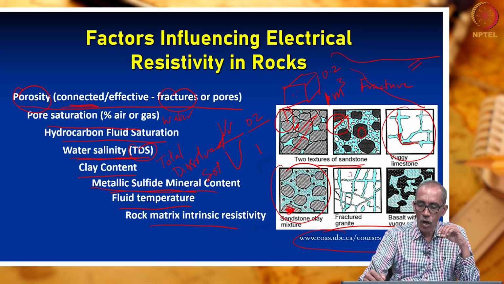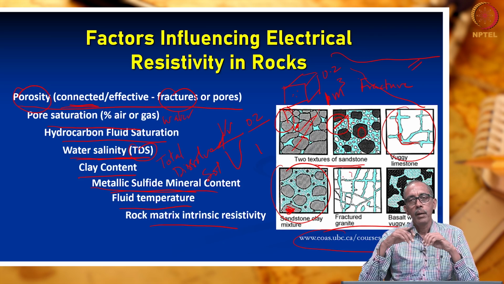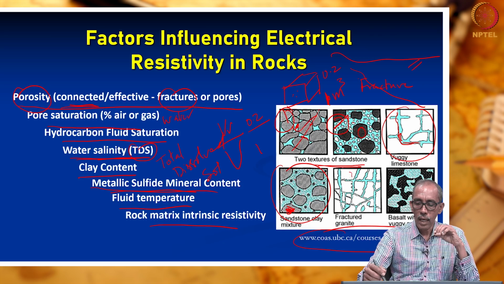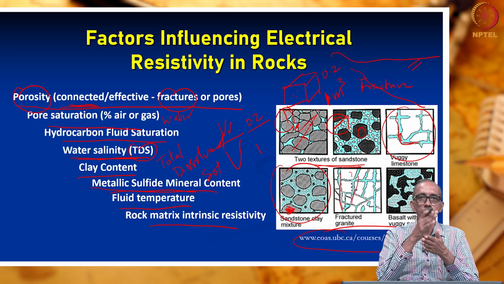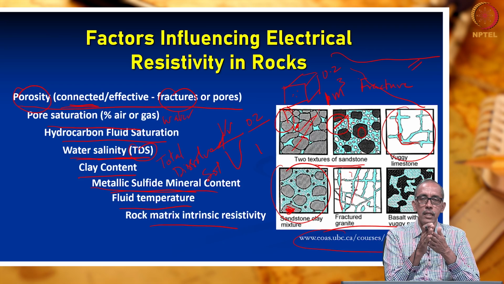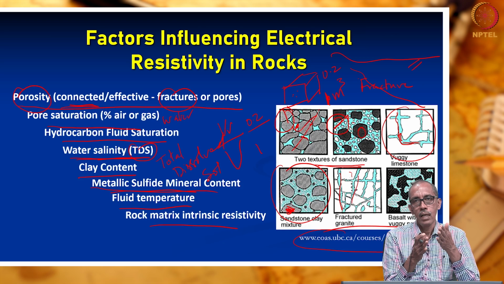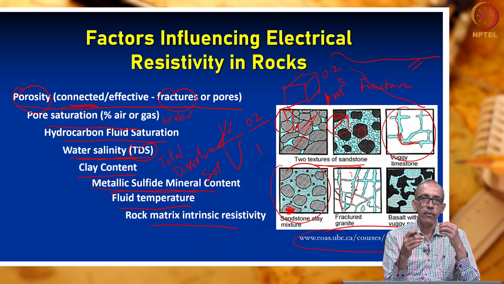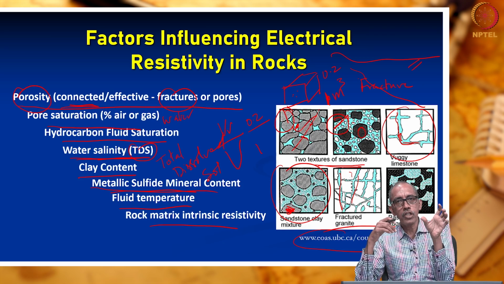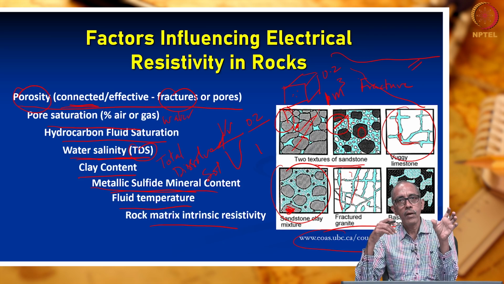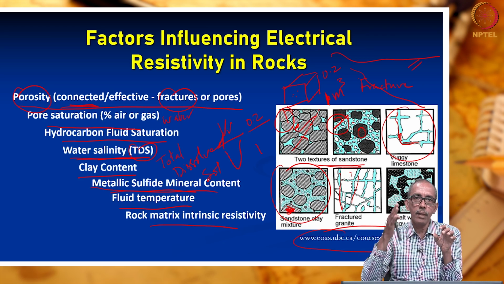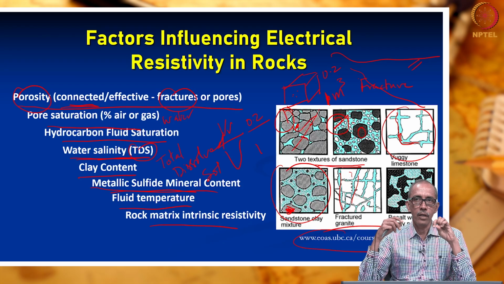The next one is a granitic rock. But the granitic rock has a lot of fractures. Fractures are nothing but some joints, some openings in the rocks, some cracks in the rocks. Usually when cracks are there, cracks will have a little bit of moisture, due to which when the rock has fractures, resistivity will be less. That means in comparison, a fresh rock, with no fractures, will offer higher resistivity. The same rock, when it has some fractures, resistivity will get reduced.